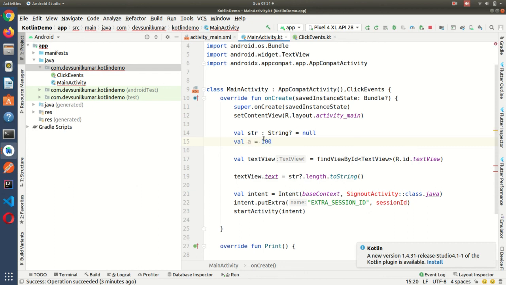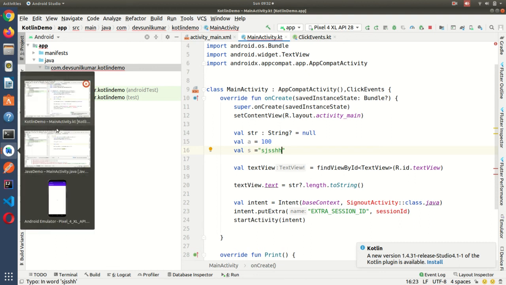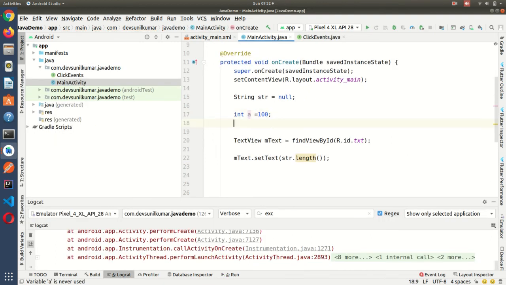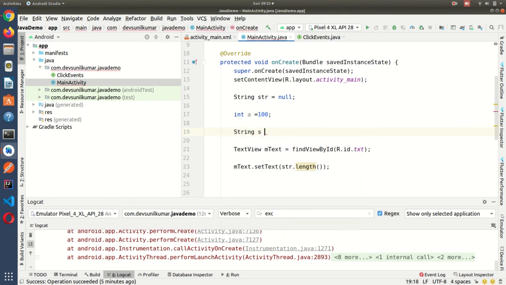It already understands this is an integer type. If I write val s is equal to a string, it understands it is a string. But in Java I first need to write the type, then I can assign the value, right? If I make it int, then this will create a problem for me. See.